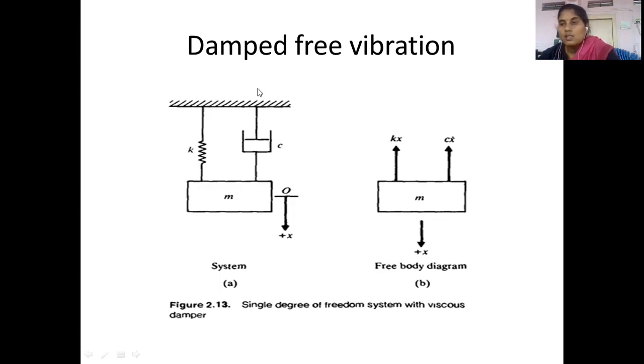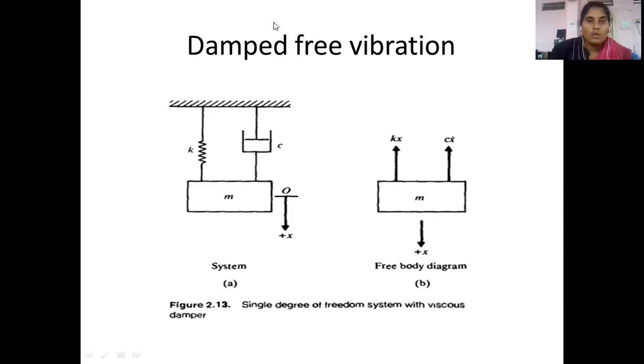In both cases, equation number one and the second case, it was about free vibration. But the difference is with damping and without damping. In derivation number one, there was an undamped system, so the C parameter was 0, and that's why the Cx dot, the damping force, was 0. But coming towards equation number two, it is a damped system, so the Cx dot or the C parameter will be present.